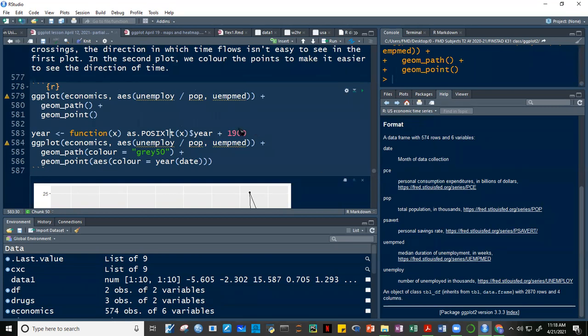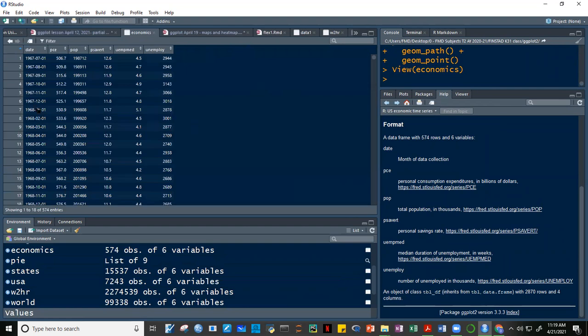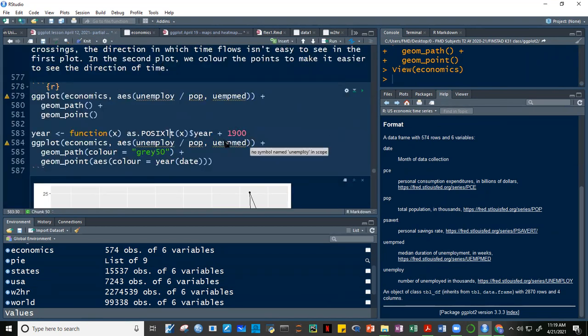What do you think is the use of 1900 here? Let's view again economics. Tingnan natin. A date, no? Andito yung date. It's a monthly date, no? It's a monthly date. Tapos, yung plus 1900, I'm not sure about this, but I think this is more, yung